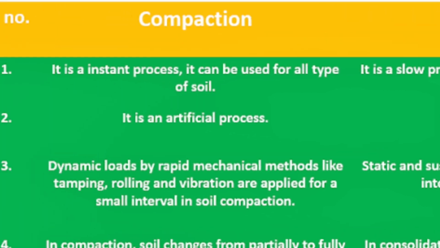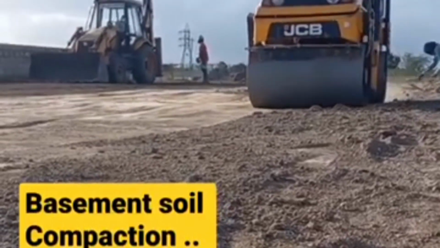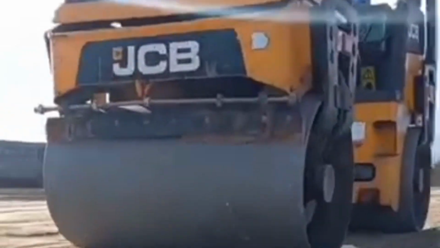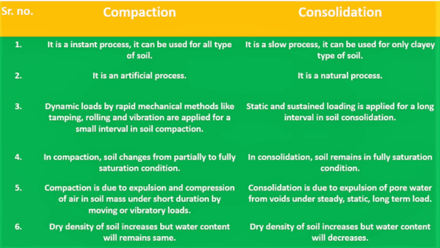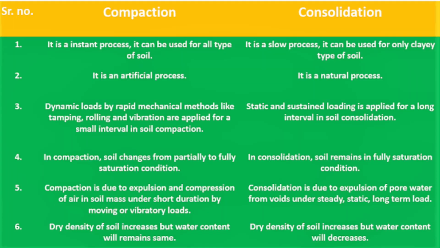The next thing is, compaction is an artificial process, meaning you have to arrange some methods and technologies to do the compaction, like rammers, rollers, vibrators, etc. Whereas consolidation is a natural process. It is done by sustained loading or constant loading, so it doesn't require any additional tools, machinery,